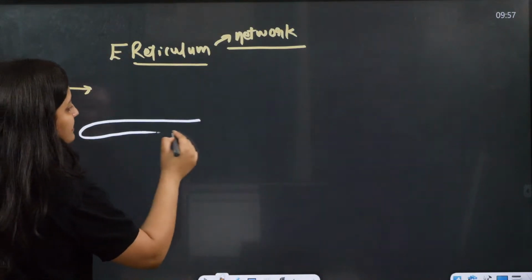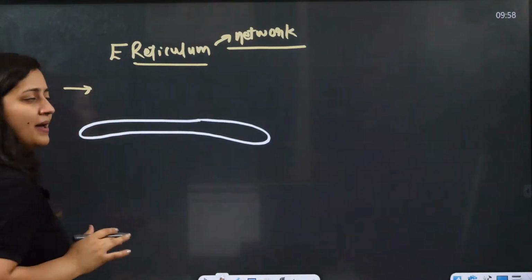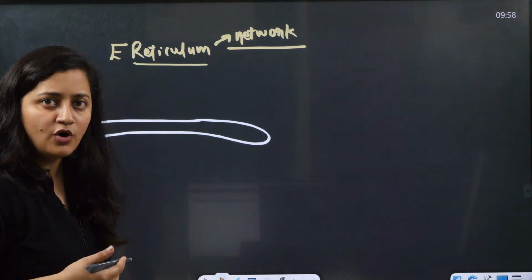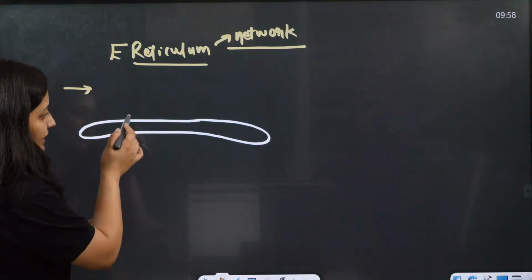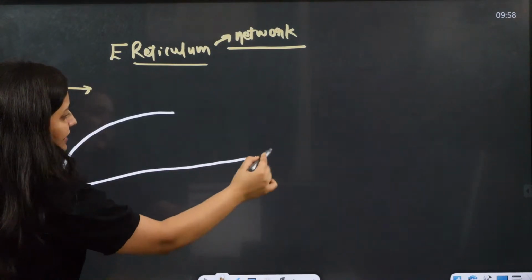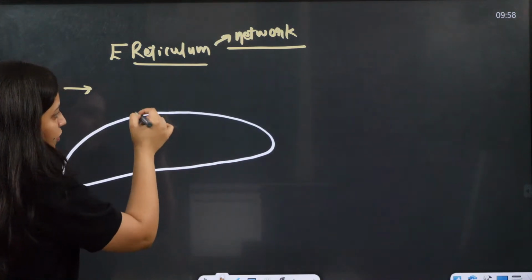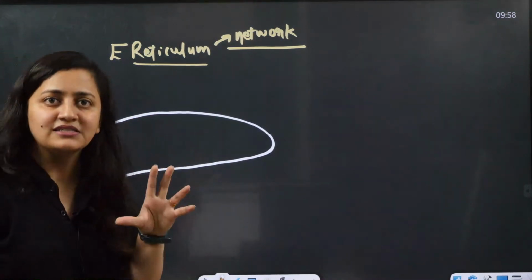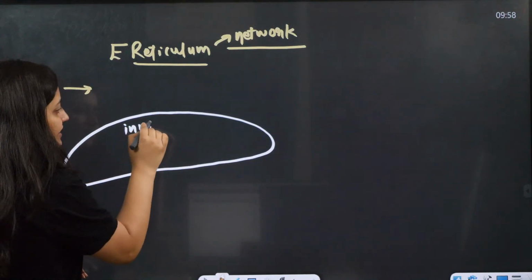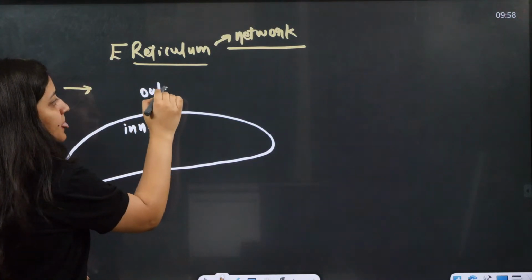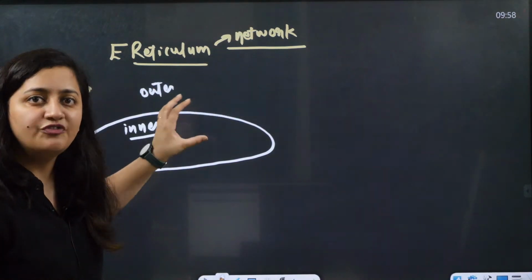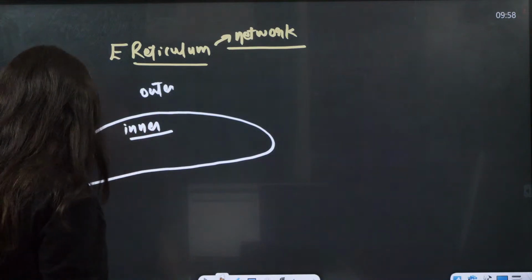So now you know that it is the organelle. It is having the membrane. It's a membrane bound organelle, right? Now here in this organelle, it is present in the cytoplasm, of course. So it is having the membrane, so obviously it is doing that compartmentalization of cytoplasm. So there is going to be the inner side and the outer side. So we can say that there are two faces,